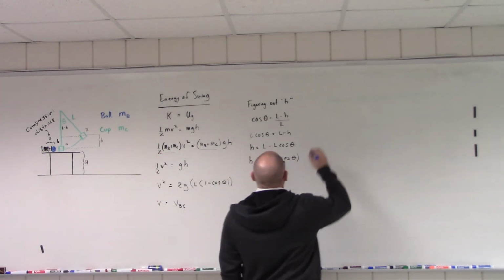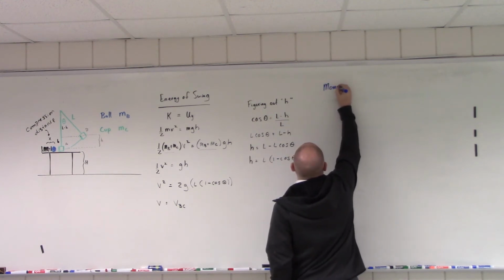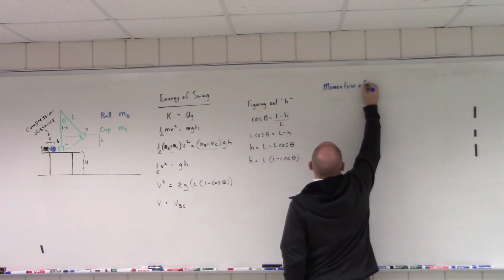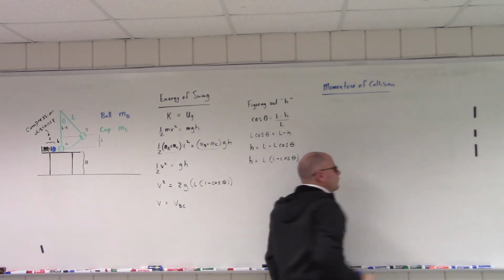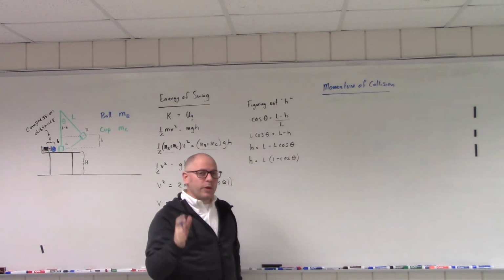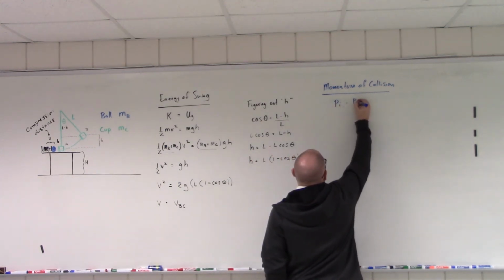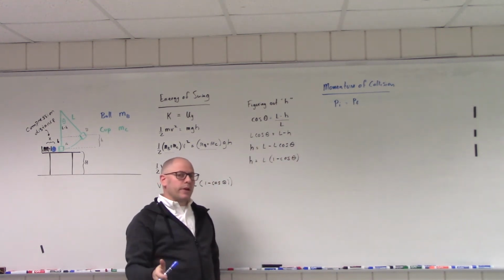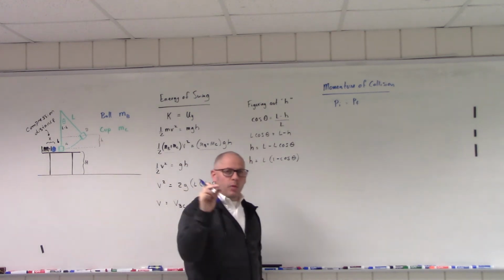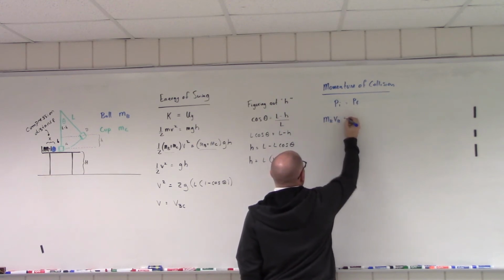So, we can talk about the momentum of the collision, and we know that the momentum is conserved. So the initial momentum has to equal the final momentum. What was happening before the collision? What was the initial state? Well, the ball was moving by itself. So initial momentum was mass of the ball times the velocity of the ball before